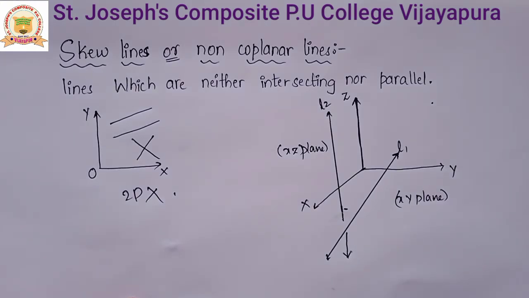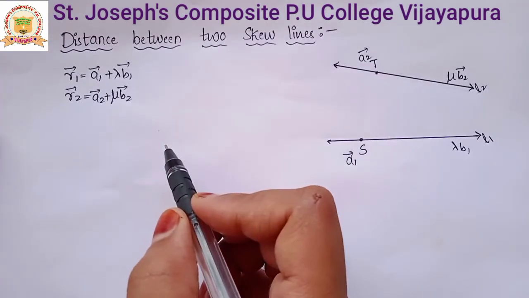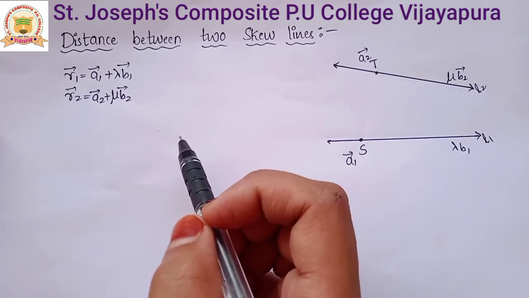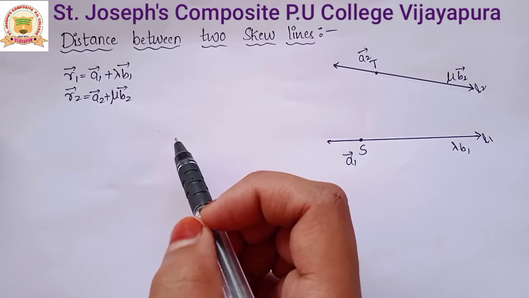And here we have to find the distance between two skew lines, because in our surroundings all the things are in 3D. In engineering, we are required to find the distance between the two lines. So when the concept of skew lines comes, we have to calculate the distance between the two lines. Distance between two skew lines. We now determine the shortest distance between two skew lines in the following way.